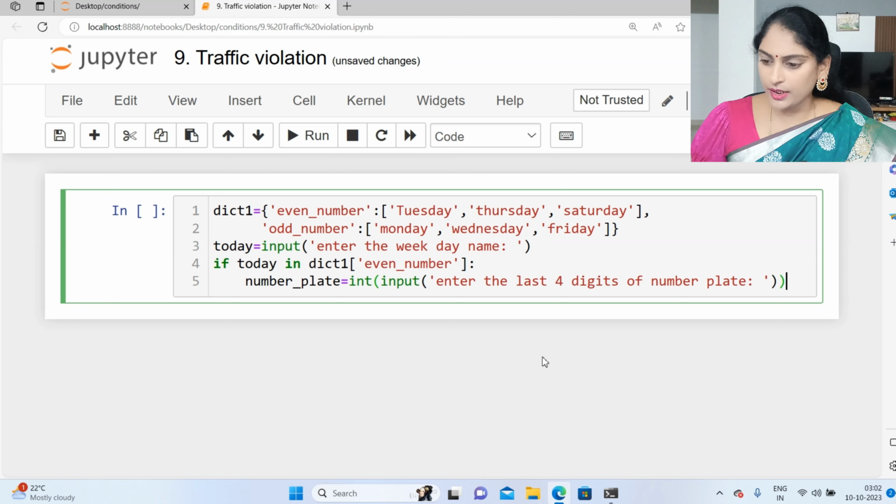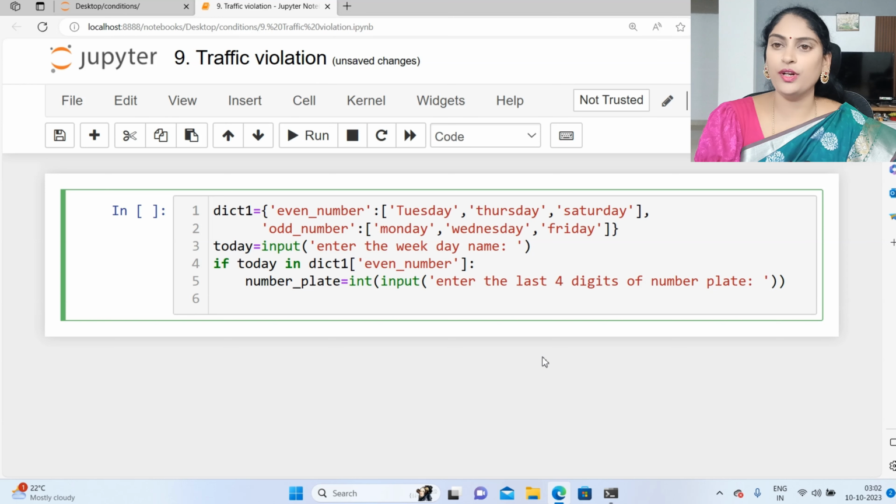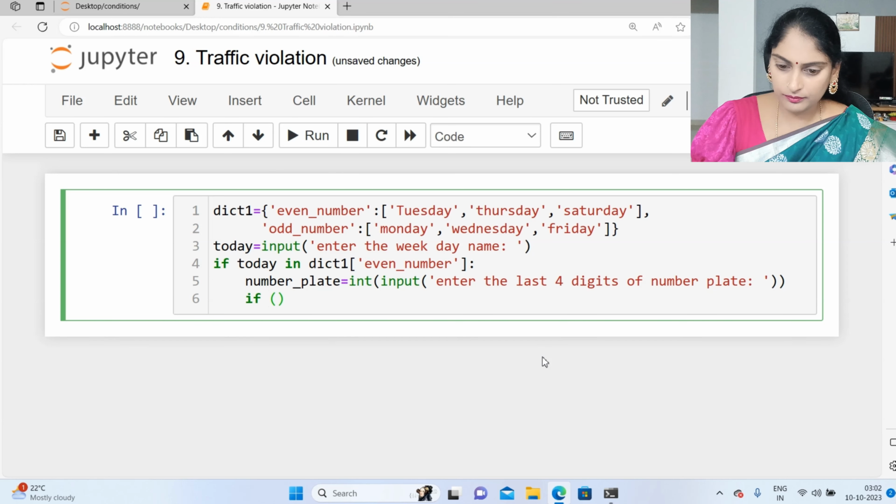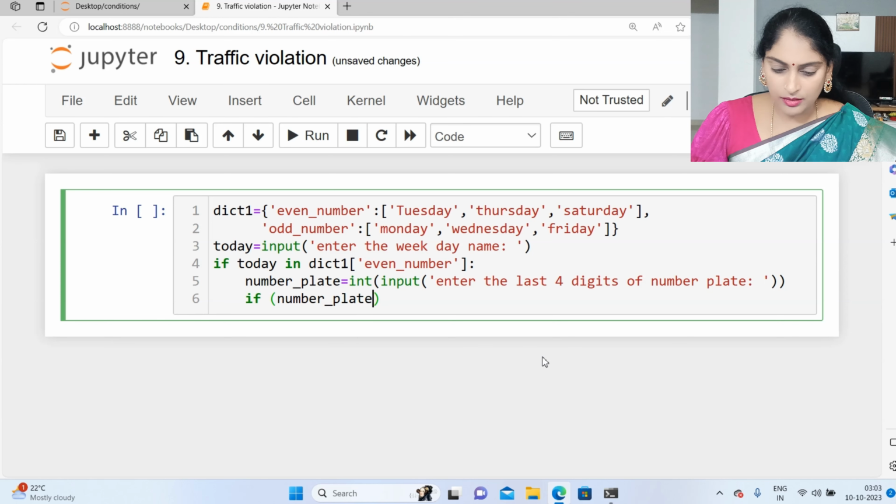So they are going to enter the last 4 digits of the number plate. If number plate divided by 2, the modulus is equal to 0,